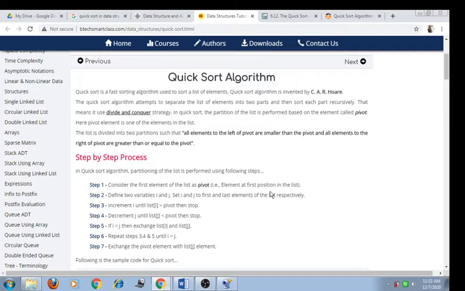Now next one is the bubble sort that was already discussed in the previous lecture. The bubble sort is a commonly used sorting algorithm, and in this type two successive elements are compared and swapping is done if the first element is greater than the second one. The elements are sorted in ascending order, and this algorithm is easy to understand, but it is a time consuming algorithm.